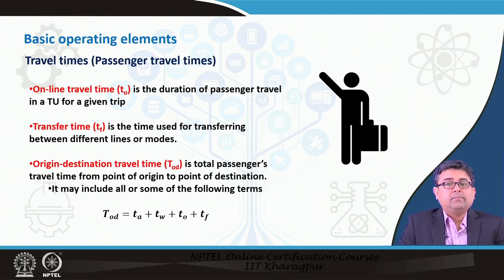So, when you are transferring from a bus schedule to a metro schedule, there is this transfer time involved. Now, if your bus schedules and your metro schedules were aligned with each other, were integrated with each other, then this transfer time would be minimized. But in most of the cities around the world, such coordinated systems are very few. So, if there is a delay in the bus, suddenly you would see that your transfer time is increasing, because now you have missed the metro and you have to wait a little bit longer to get to the metro. And then there is also the actual transfer time.